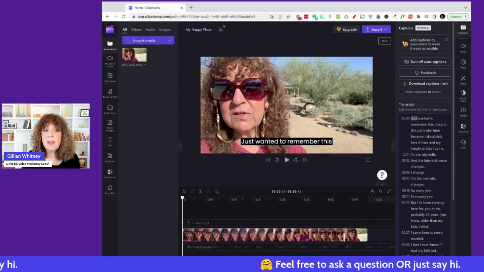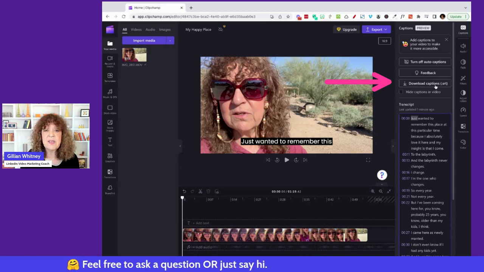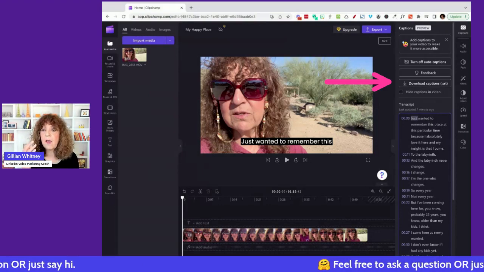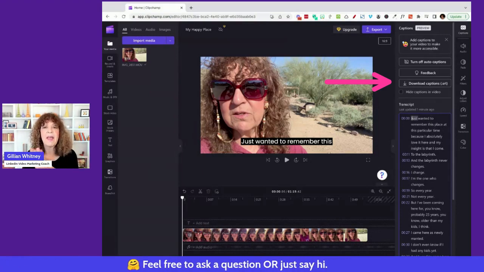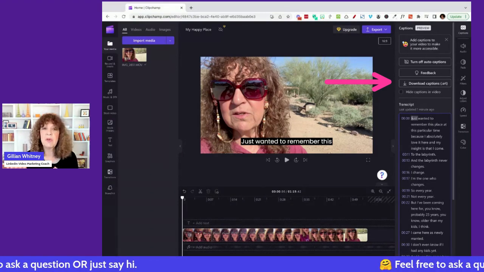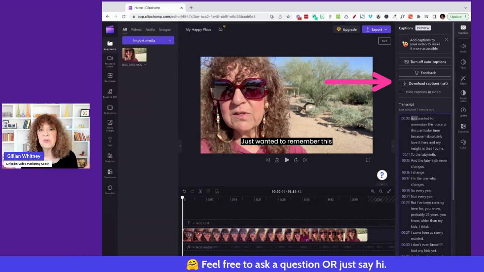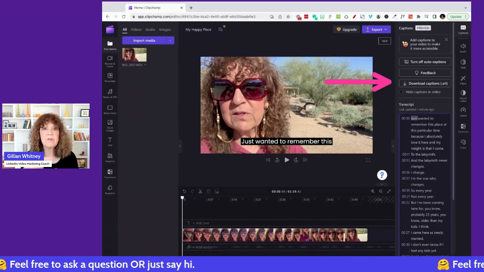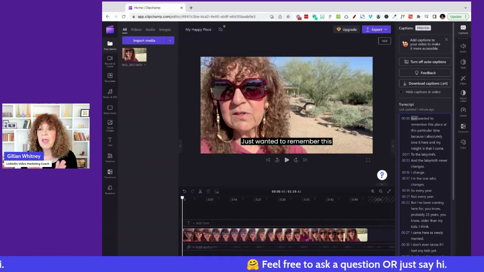Now, at this particular point right here, it says download captions as an SRT file. So this is how you get closed captions. So I can now go ahead and download the file. And now I have my video, I have my closed captions, and I can use those together on LinkedIn. If I'm uploading the video to LinkedIn, I can now put in closed captions. And I could use it for anything else. I could use it on YouTube. I could use it on Facebook or my website or Vimeo or wherever I want. I now have my video plus my closed captions.